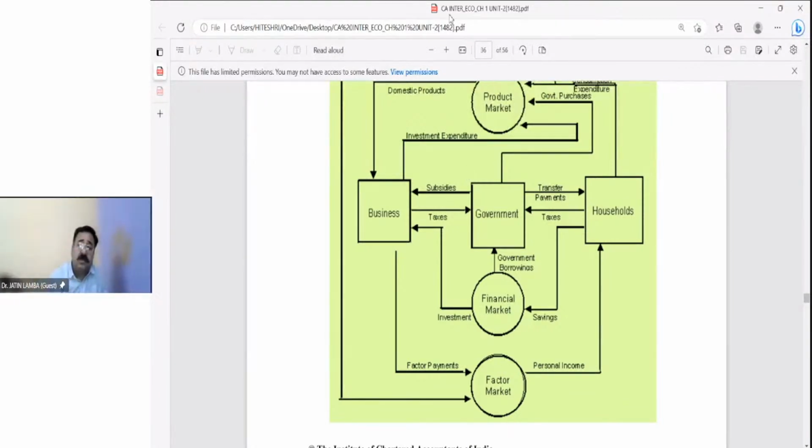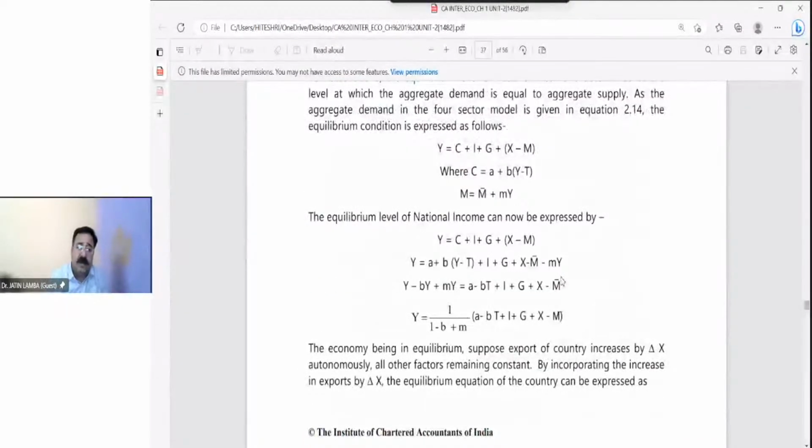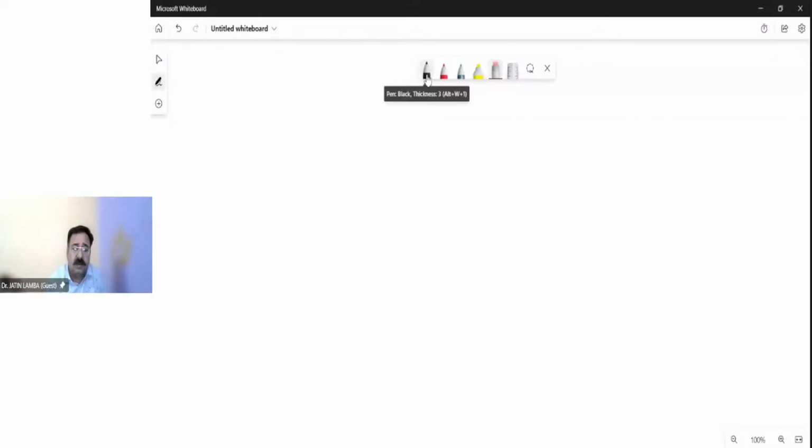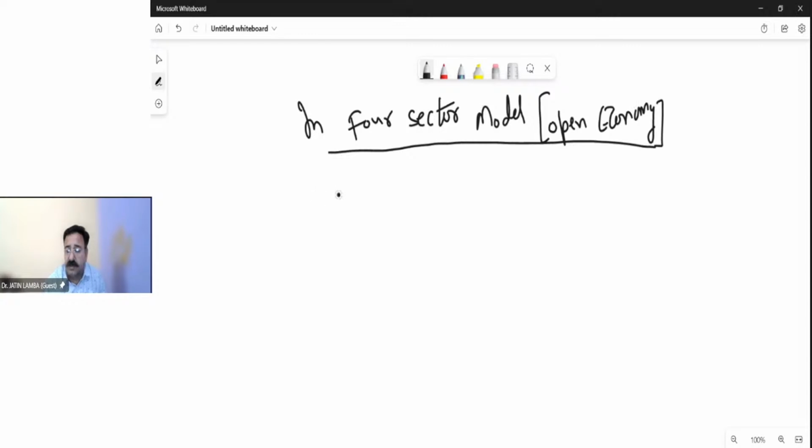Good. So now we are going to cover the questions. I will first tell the equation here: how to derive the equation in a 4-sector model. Then we will solve the illustrations. Listen. In the 4-sector model, which is also called open economy, so here the initial formula,